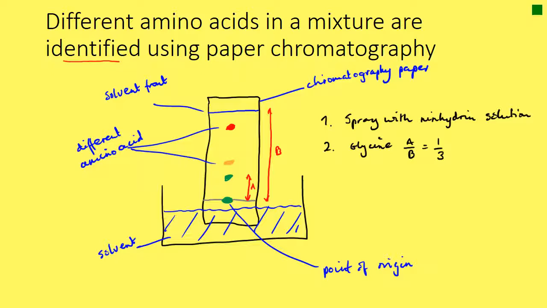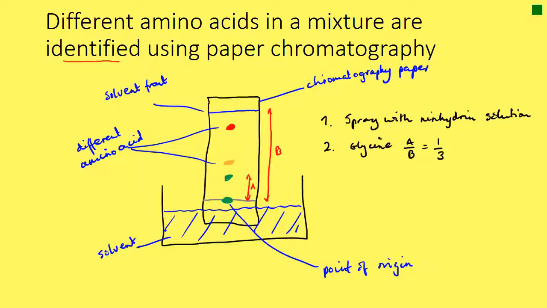Let's make that in green, shall we? So you're going to put your sample down here, and then you're going to use an appropriate solvent in a beaker. So you're going to have your beaker here, and you're going to have your solvent like that,